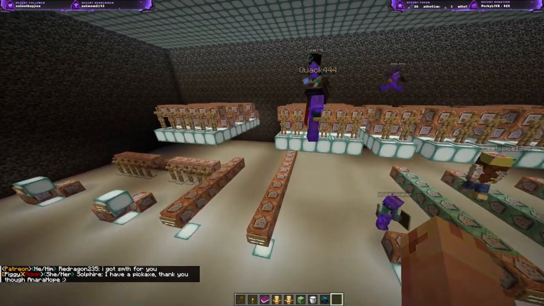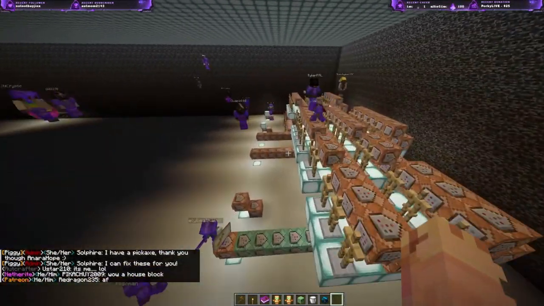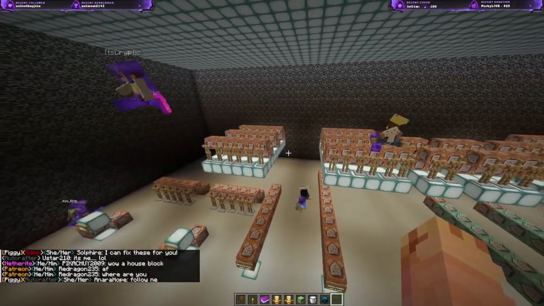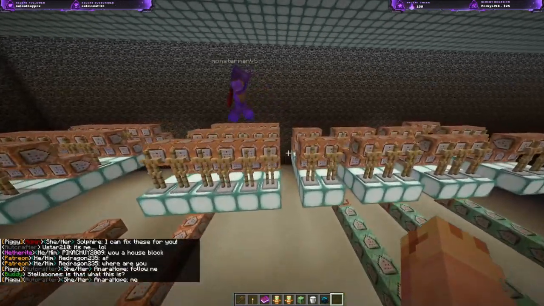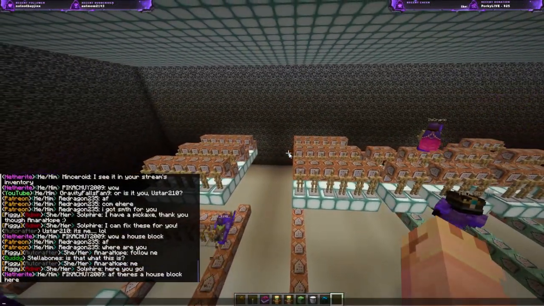So if you work with command blocks at all, you want to make something really cool for your server or your game or whatever you're doing, and you want to randomize stuff, I have discovered this is the best way to do it, is with armor stands that have a tag.